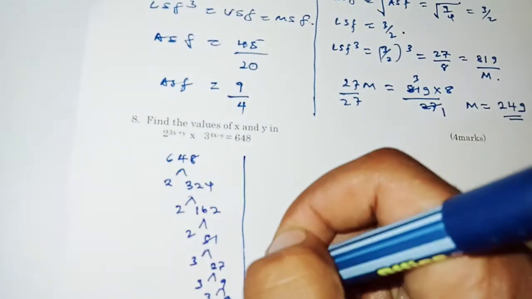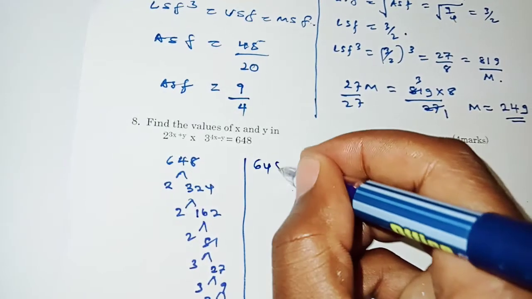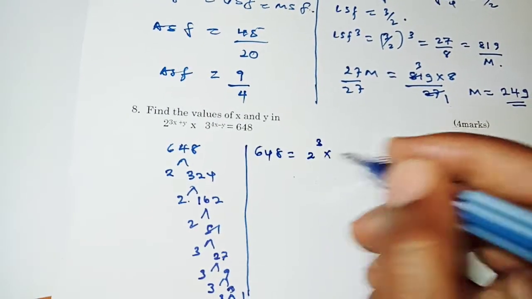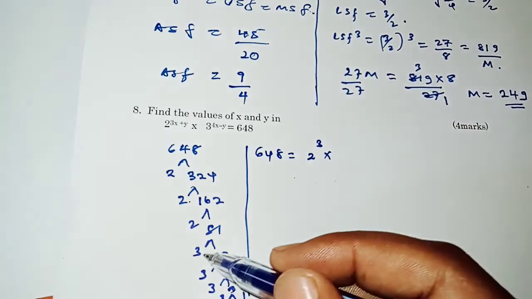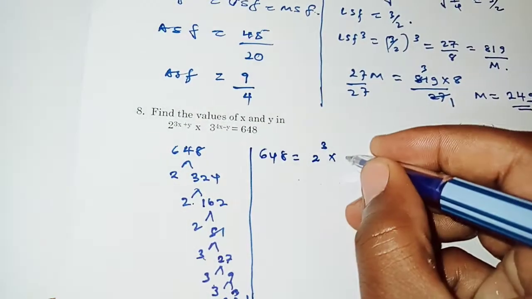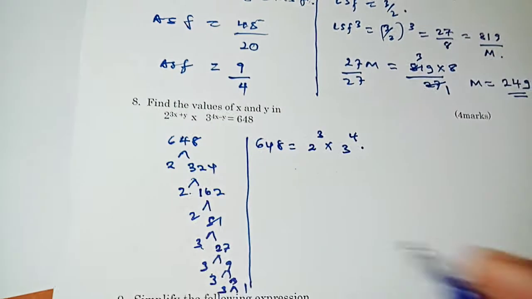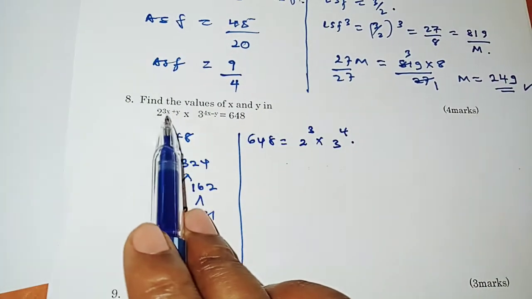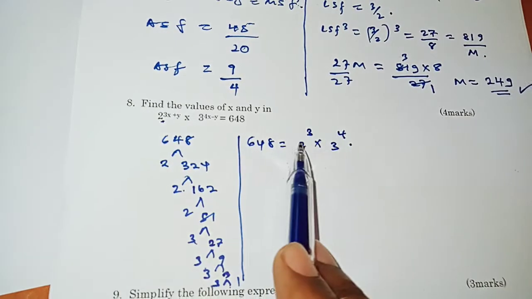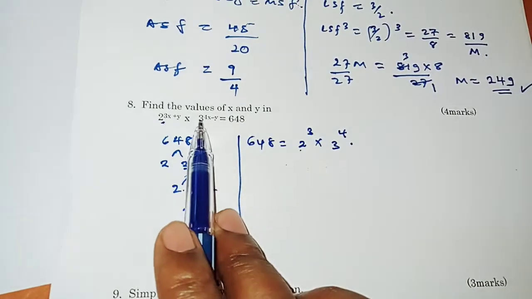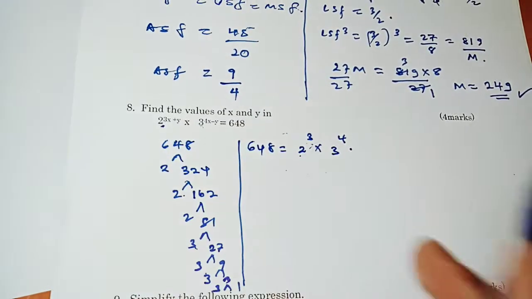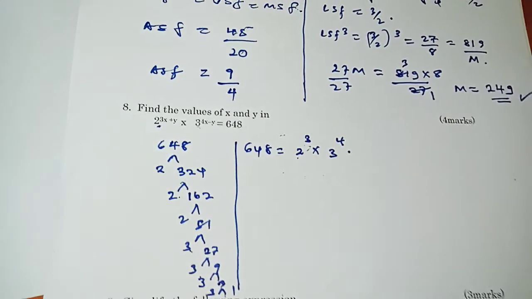So you can see that 648 can be 2 to the power of 3 times 3 to the power of 4. So we have 3 to the power of 4. So we can equate now these two factors, and you can see clearly that this is a 2 which also corresponds to this, and this is a 3 which corresponds to that. So we shall equate the 2 and then try to equate the powers, and then solve for x and y,